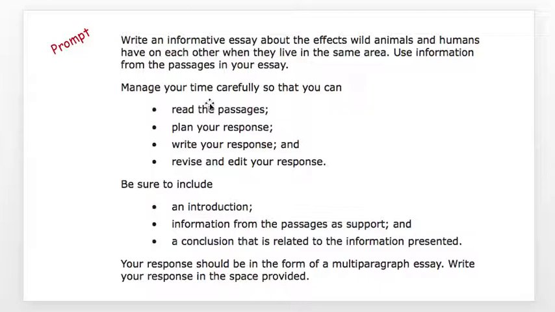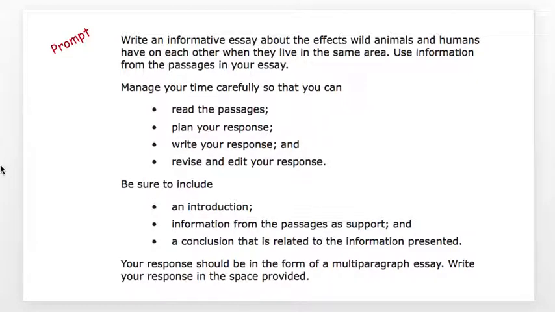It tells us what we need to write about. So we've seen these prompts before. We saw them with our opinion writing. We've seen them before, but this one's a little bit different. So we're going to point out, how can we tell the difference between an opinion writing prompt and an informative